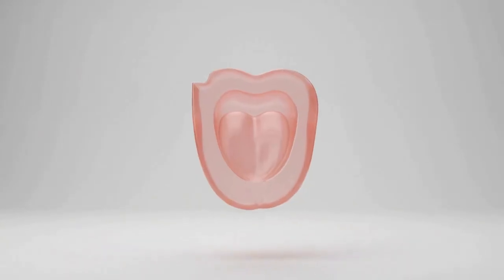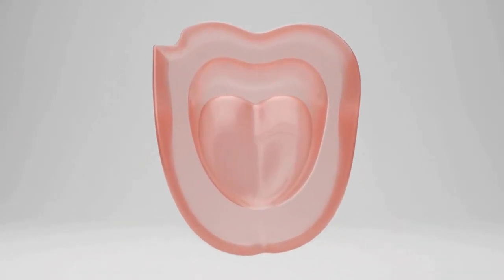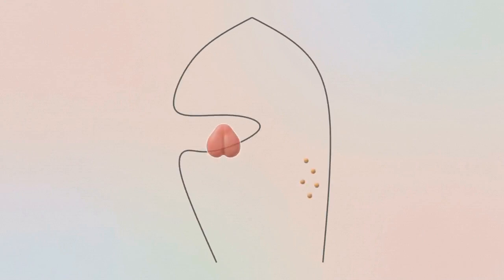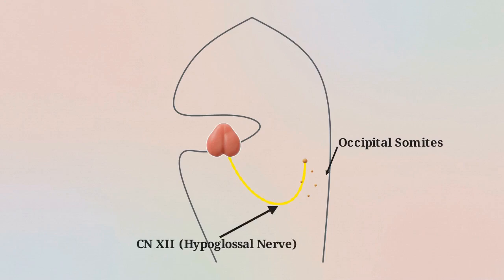If the pharyngeal arches provide the external mucosa and connective scaffolding, we must look elsewhere for the source of the tongue's internal musculature. The myoblasts that form the tongue's muscles originate within the occipital somites, located in the posterior neck region. These myoblasts migrate from the occipital region into the floor of the pharynx to populate the interior of the tongue. As they travel, these myoblasts drag the hypoglossal nerve, cranial nerve 12, along their